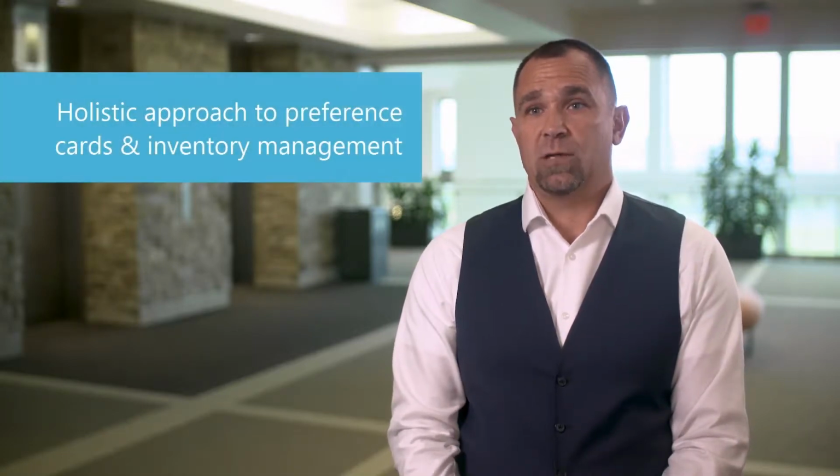Most supply chain people will tell you our goal is to get the product to the edge of the clinical area and allow the clinical area to manage it and to do our best, as best we can, to not interfere with patient care. When I met Betty Jo the first time, her issue was around preference cards. And really, how do you optimize preference cards? And as we talked and got deeper into the issue, it really became more obvious that it was an inventory